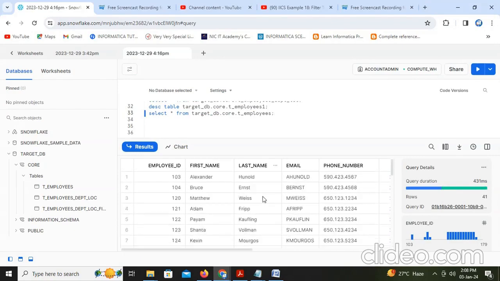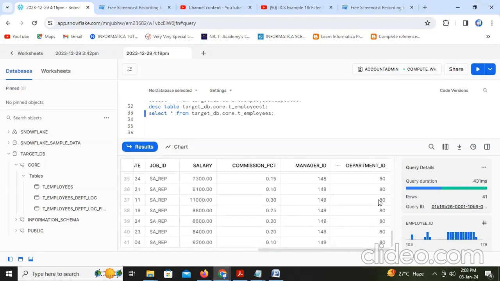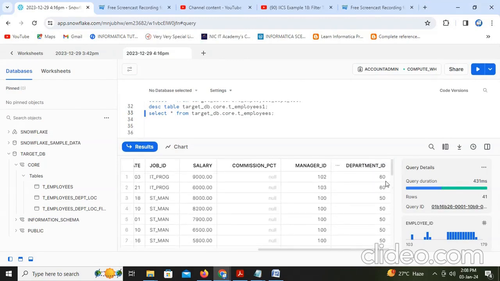Okay, now we are doing. So the loading, getting salary more than 5,000 and 50, 60, 80, as well as source ETL mapping to load employees whose first name has